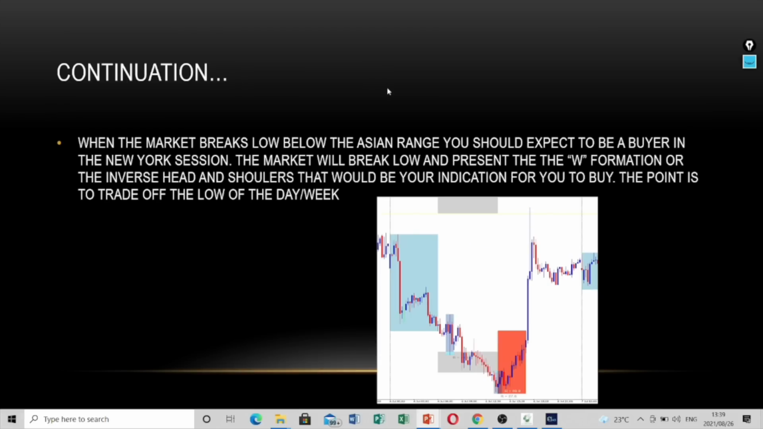Second slide, vice versa. When the market breaks below the Asian range, you should expect to be a buyer in the New York session. The market will break low and present the W formation or the inverse head and shoulders. That would be an indication for you to buy. Again, very important. The point is to trade off the low of the day or the week, as seen in